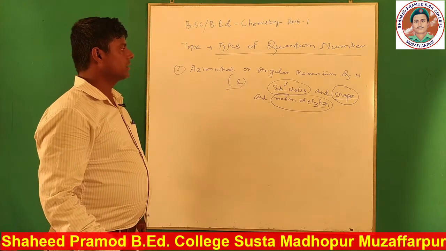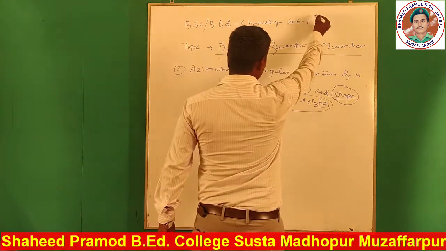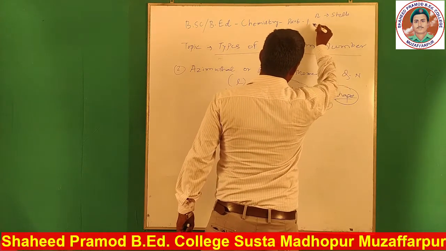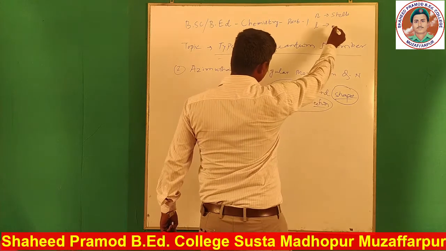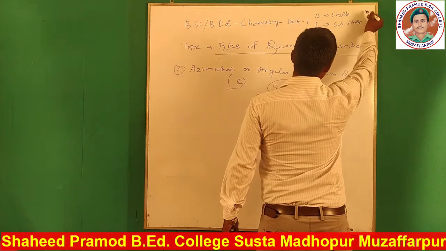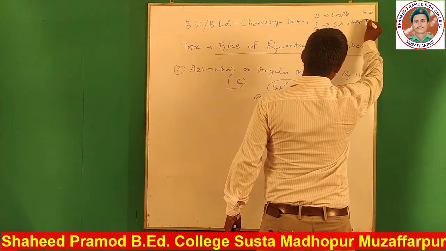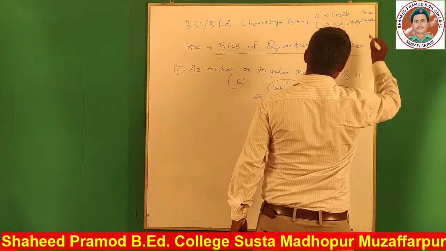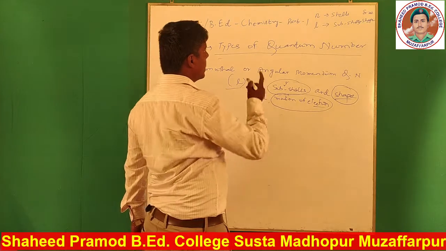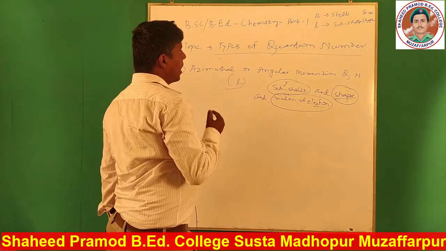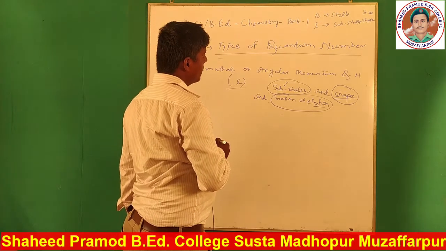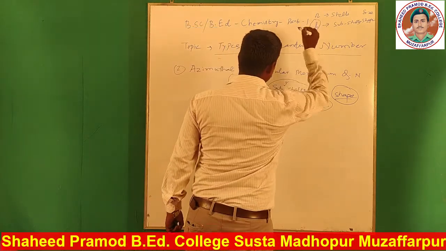So this is related with subshells. The first quantum number, n, gives the shell information, and the azimuthal quantum number gives the information of subshells. The principal quantum number gives the size, and the azimuthal quantum number gives the shape. How big the orbital will be is given by the principal quantum number, and what the shape of the orbital in the subshell will be is given by l.